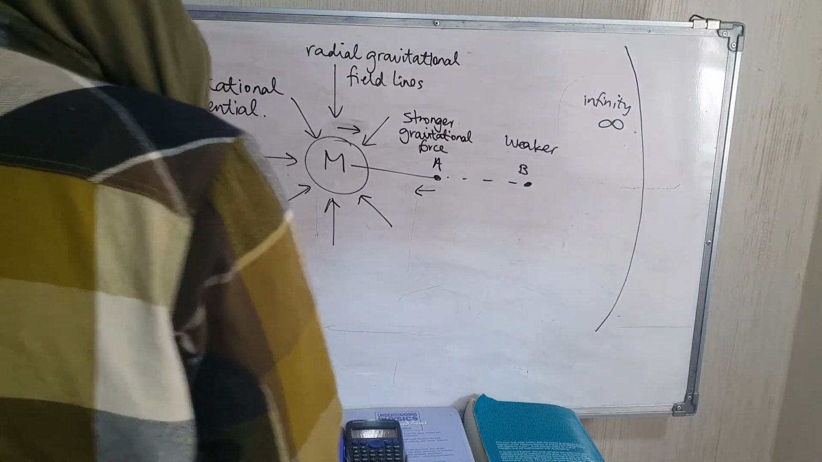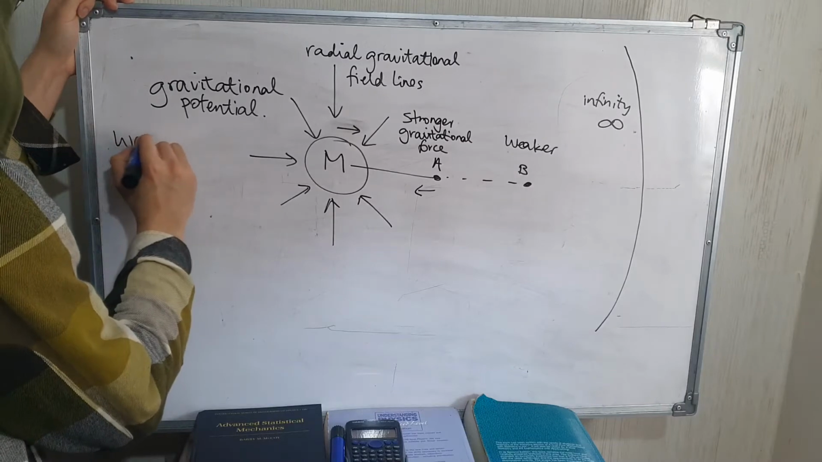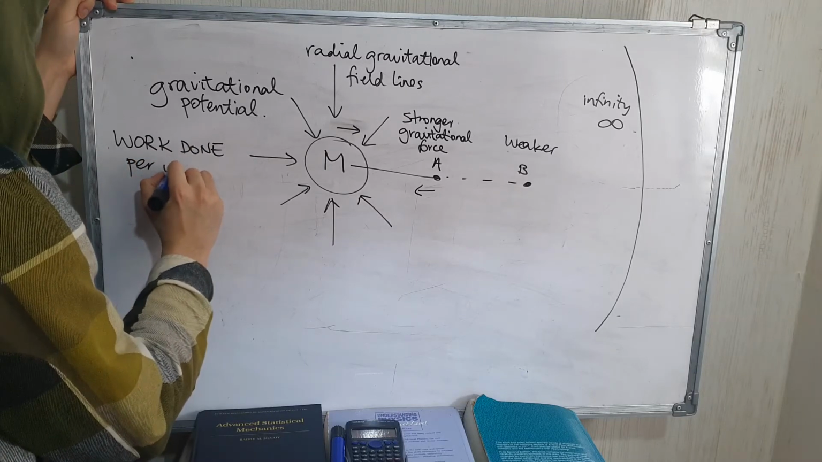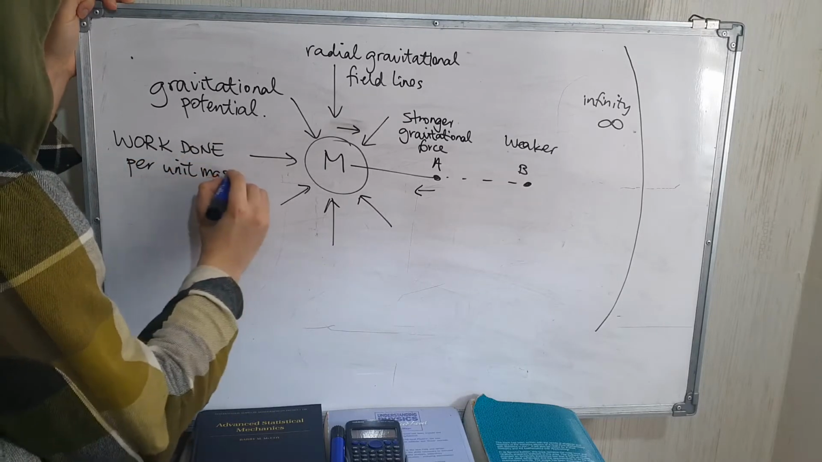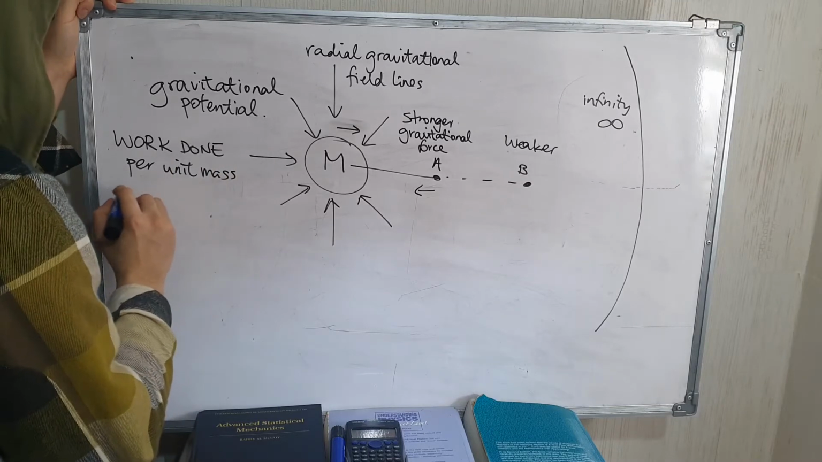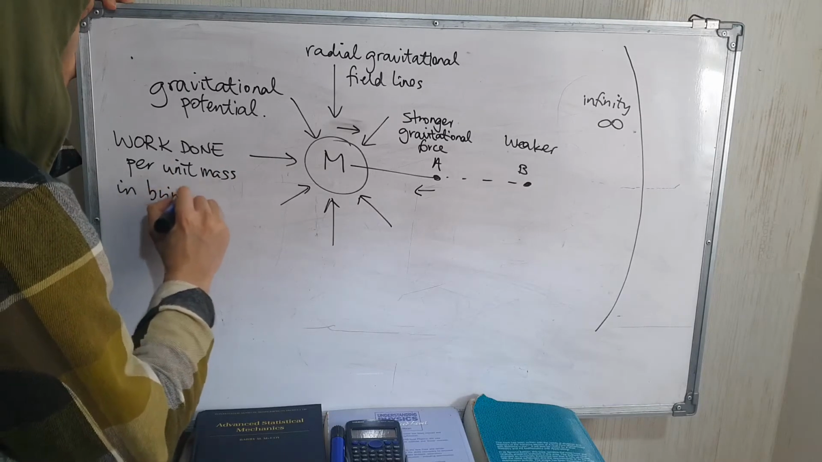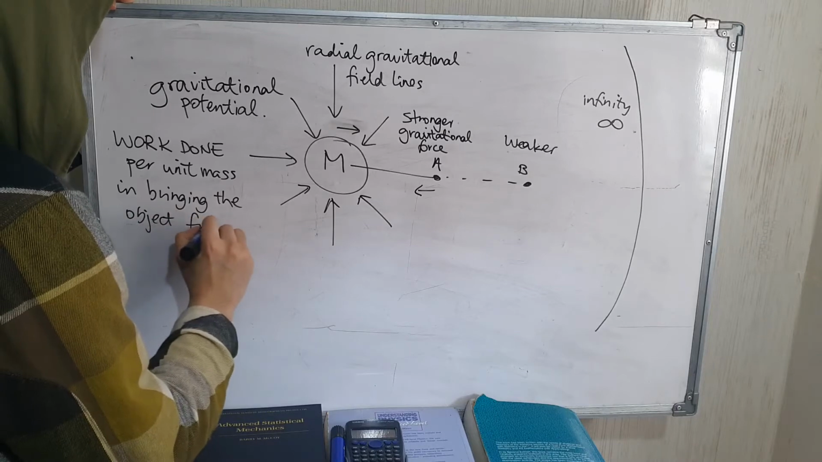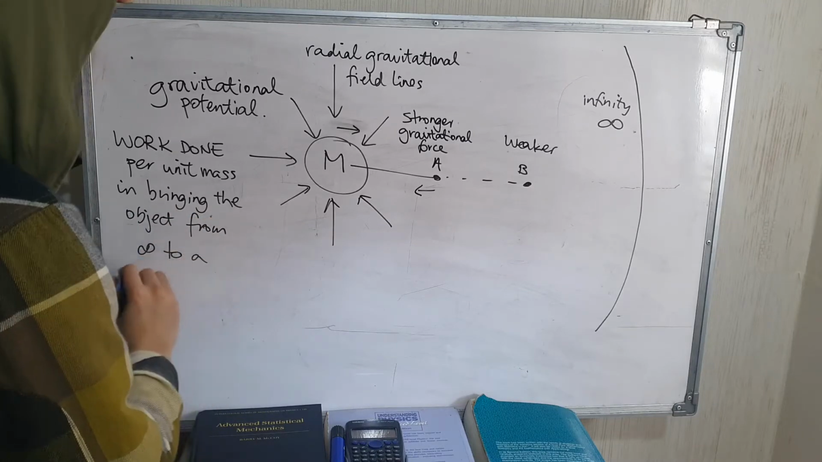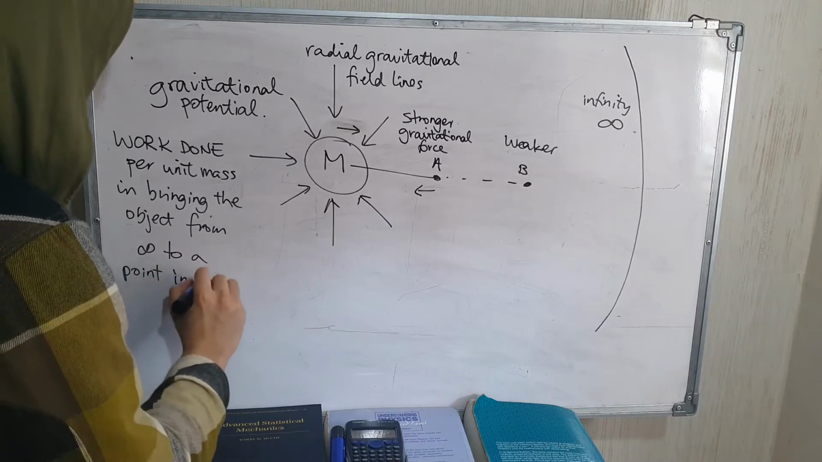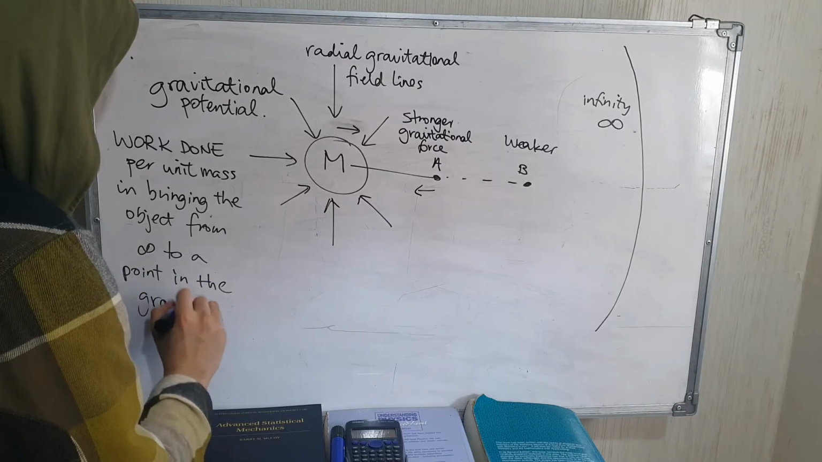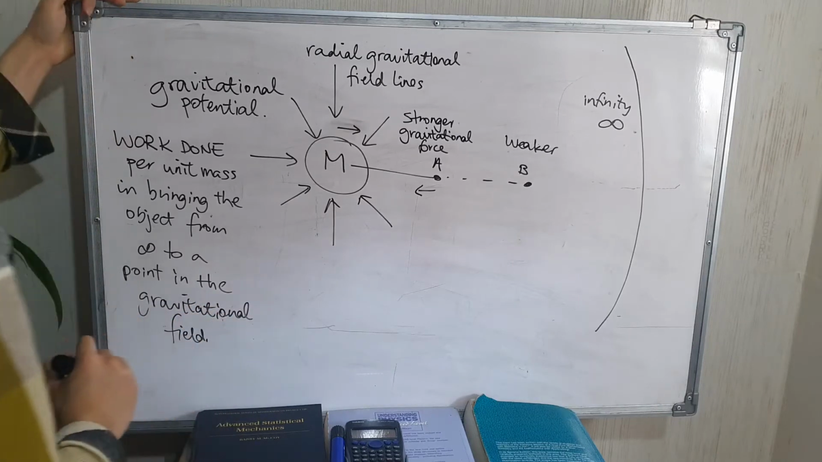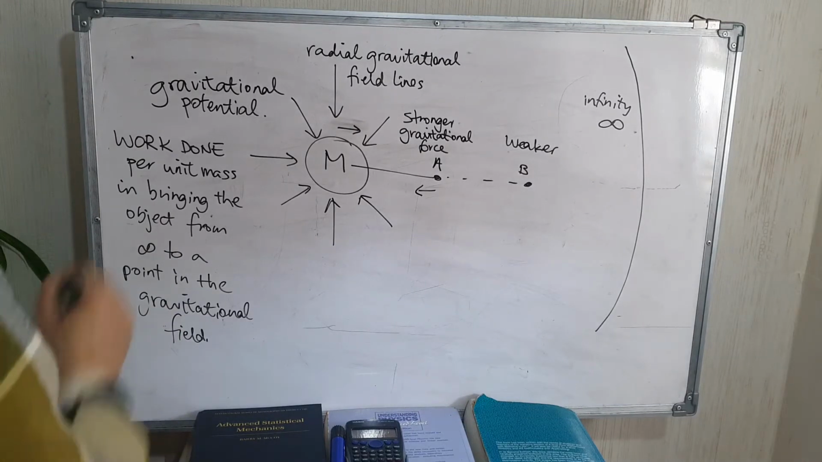Okay, so what is the definition of gravitational potential? It is the work done per unit mass in bringing the object from infinity to a point in the gravitational field. Okay, so the gravitational potential